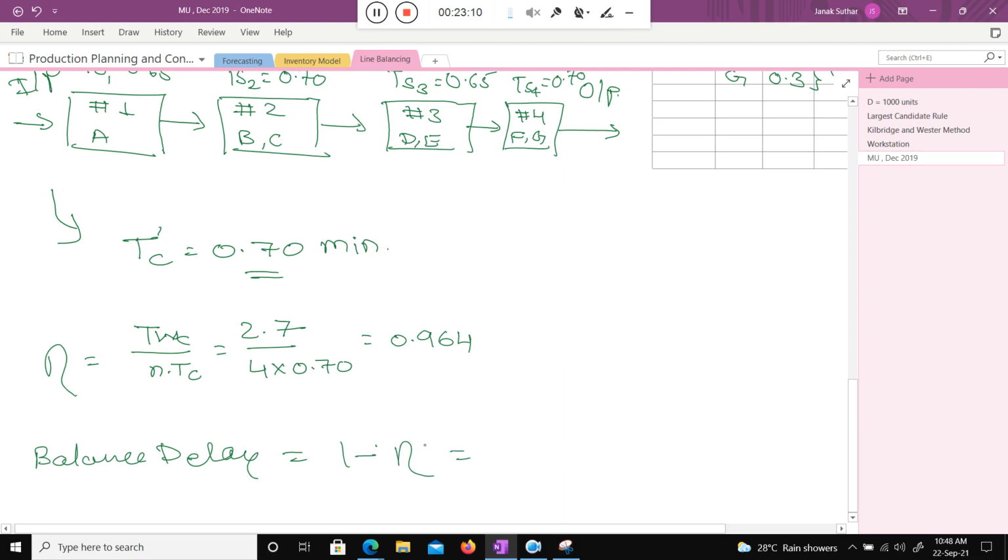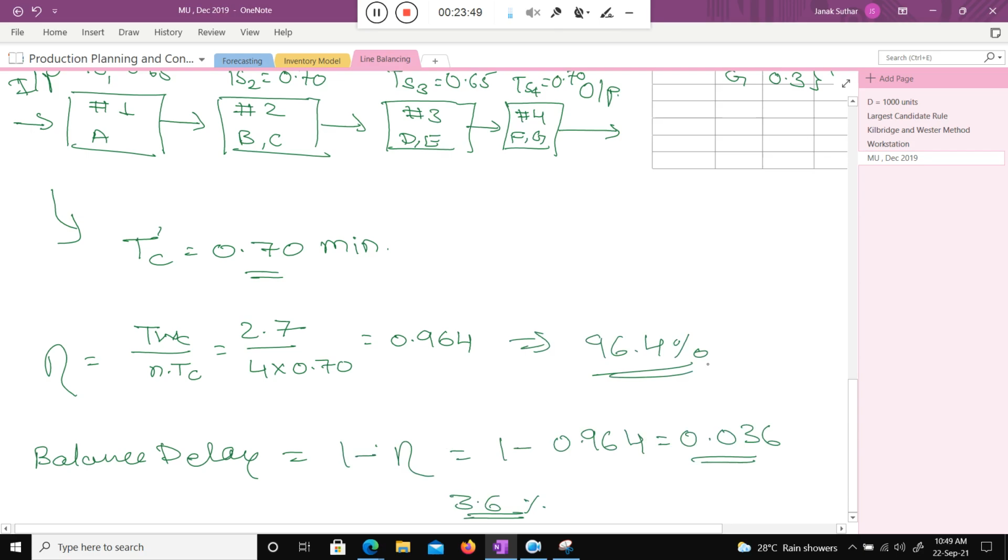It means how much you are not utilizing. Here the total available is 1, and if we subtract the efficiency 0.964, can you tell me, class, what will be the balance delay? 0.036. So 3.6% is the balance delay, and the efficiency of this workstation design is 96.4%.